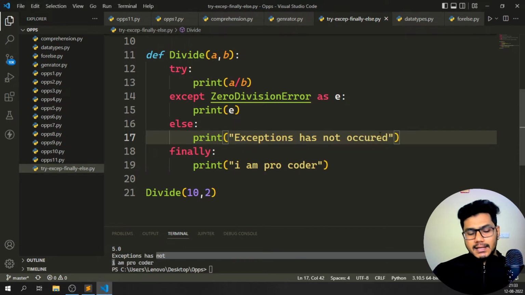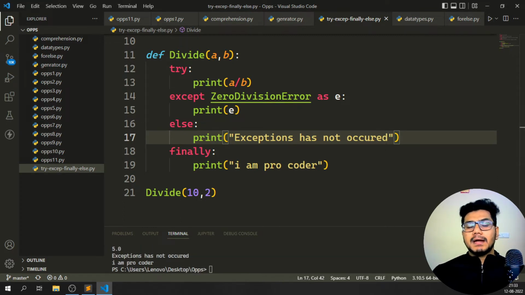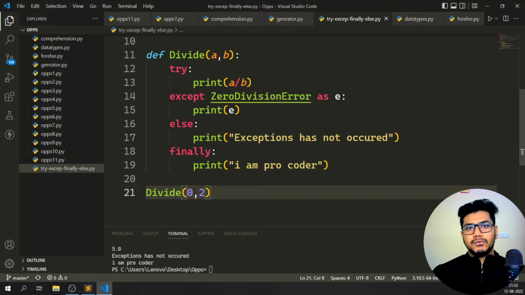Okay, I'll just put it. Then I'll tell "I am a pro coder" over here. So you can see I am getting a perfect result. Suppose I'll tell 0 divided by 2, you can see 0.0, exception has not occurred, I am a pro coder. So I'll tell 10